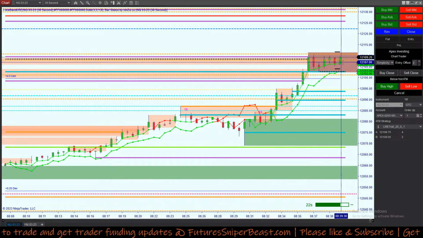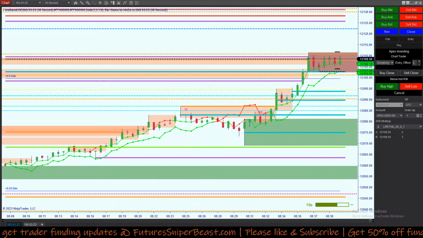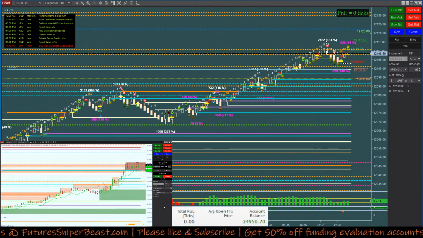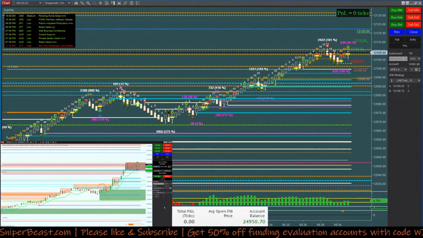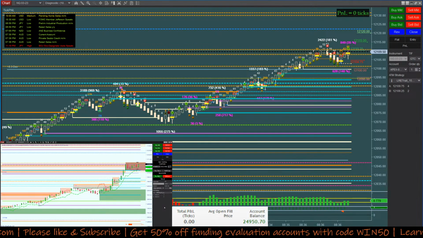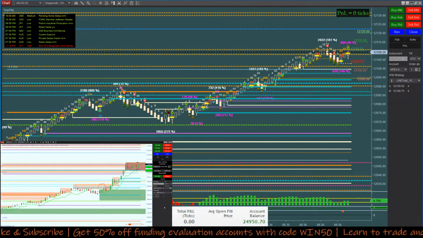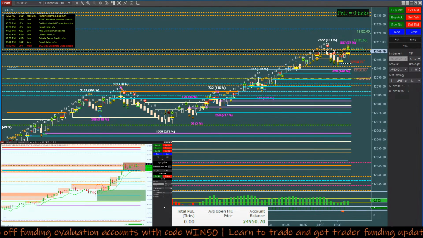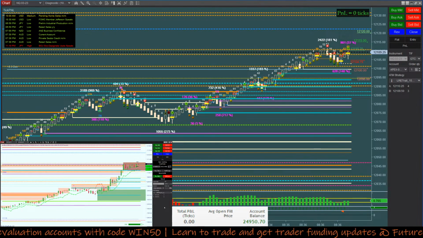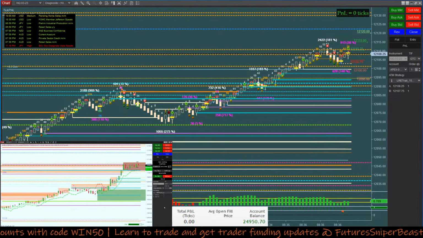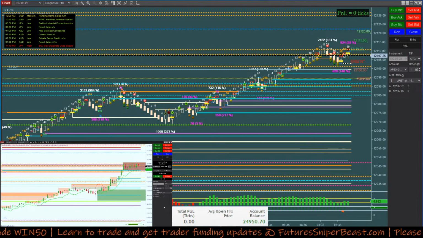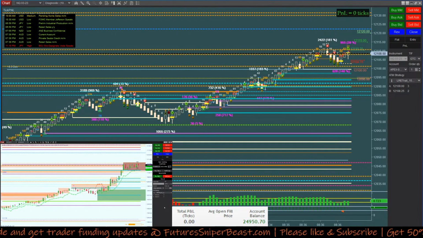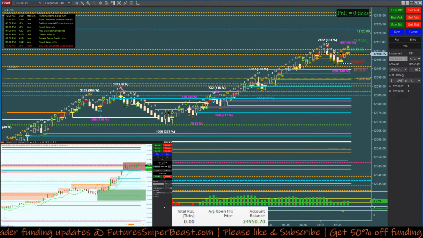And there's that cluster on the 30, so I would definitely want it to break above this. That's the 12-100 area also, so